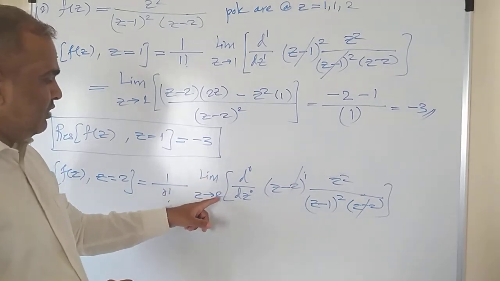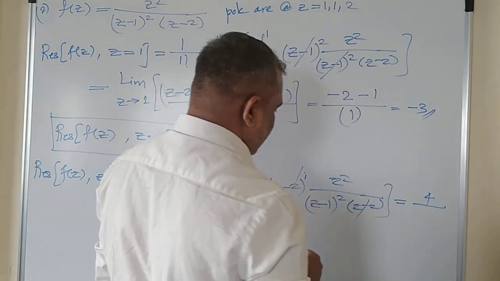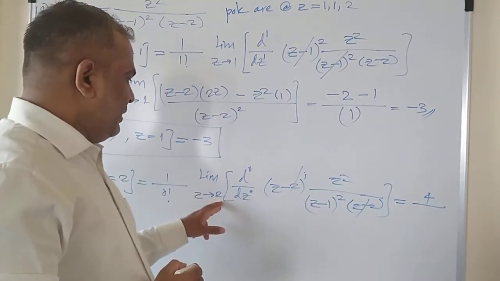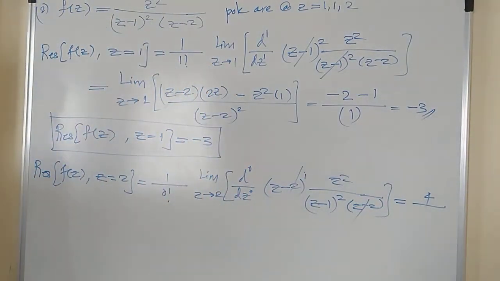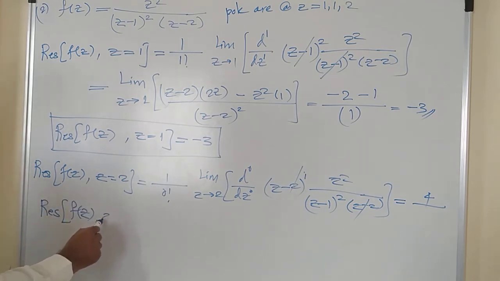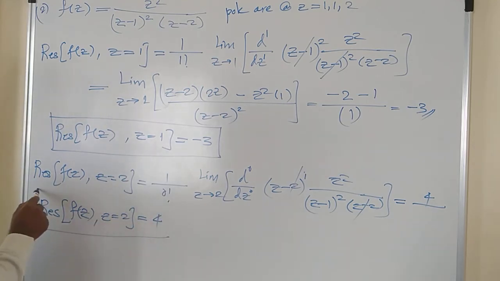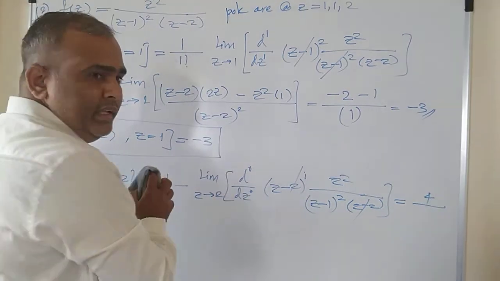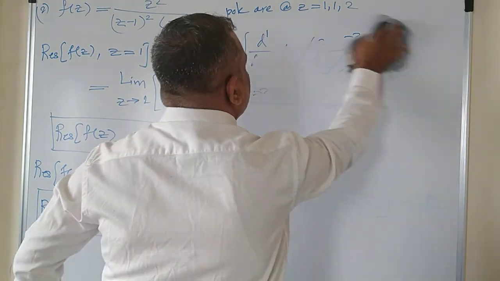So just put the limit z equals 2 into this formula, so you will get 2 square is 4 at the numerator, and at the denominator you will have z minus 1 bracket square. So z equals 2 minus 1 bracket square is 1 square, that means your residue is equal to 4, and hence I can write the residue of the given complex function f of z at z equals 2 is equal to 4, right? Let us solve some more problems. I think the next one is enough to understand, and then you will get some homework problems.